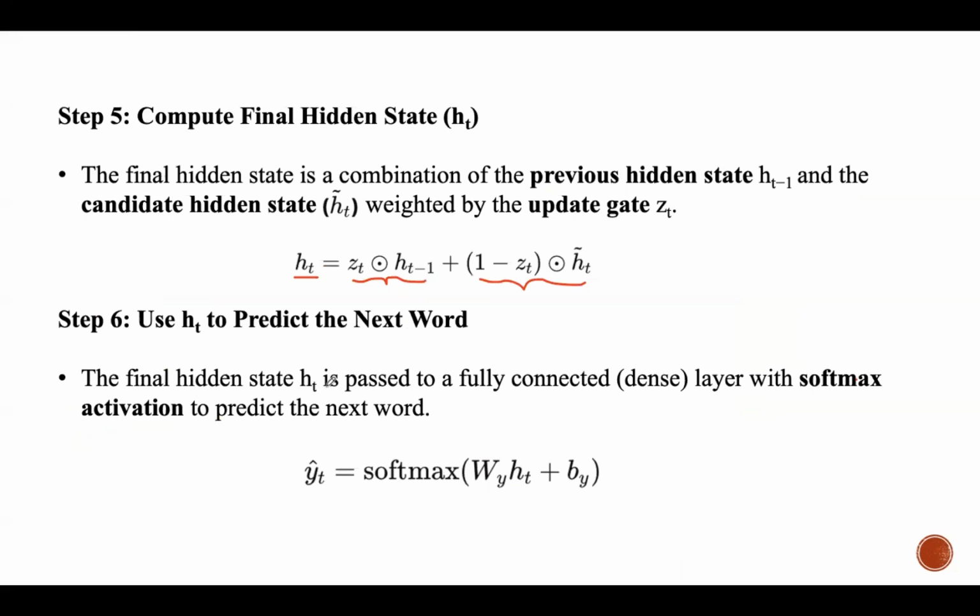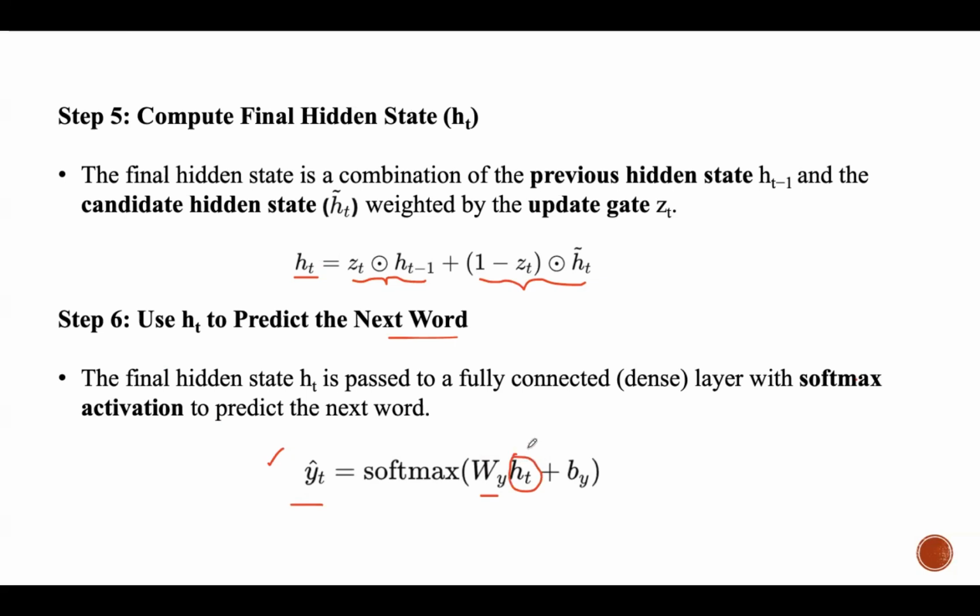At the end, you need to use this h_t in order to predict the next word. So this equation represents how the GRU outputs a prediction at time step t, typically in sequence prediction tasks like text generation or machine translation. If you break this into multiple components, this y_t hat represents the predicted output, that is, a probability distribution over possible words or labels. Then this W_y is a weight matrix that transforms the hidden state h_t, so this value will be transformed into output space.